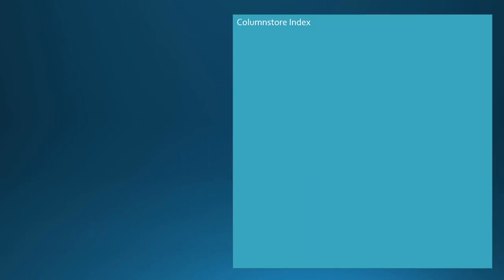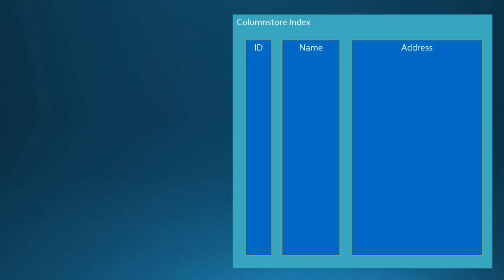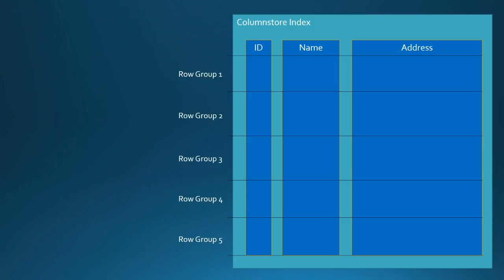group pressure. So let's say with this table we've got 3 columns: ID, name and address, and we put a Columnstore index on that. We've got no other indexes on the table. The first thing that does is it's going to split our data into what are called row groups. Now these row groups basically segment our data into, hopefully, segments that make up 1,048,000 rows. So each column has one segment per row group, and each segment should have just over 1 million